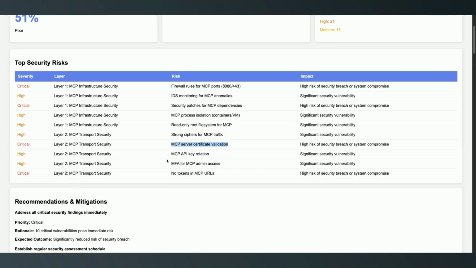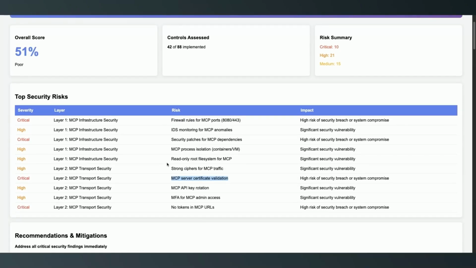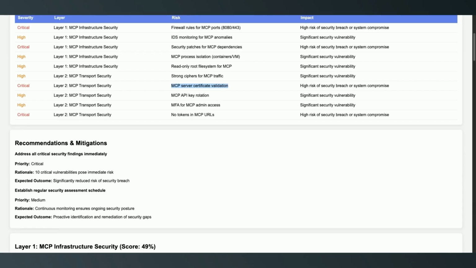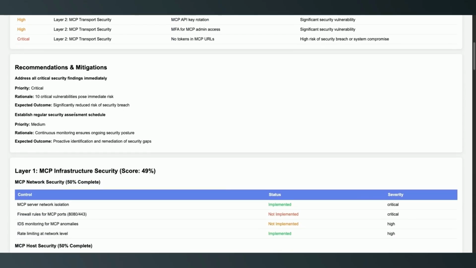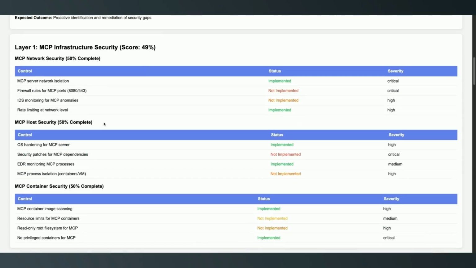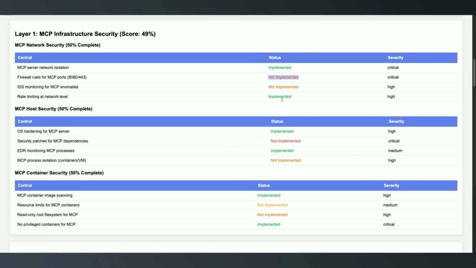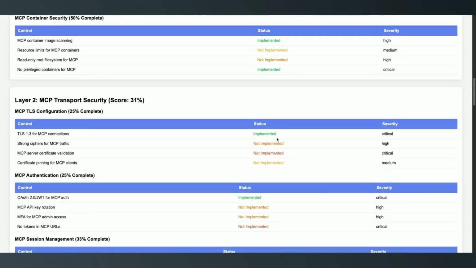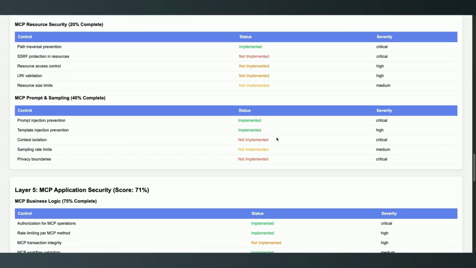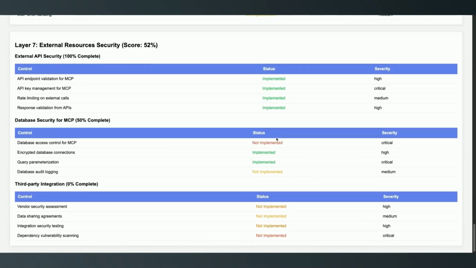There are scenarios where you need not do server certificate validation or mTLS kind of implementation. Then by default, you can tick the checkbox for that checklist item, and you have some recommendations and mitigations, and on each layer what are the important things that you are missing. I'm not even covering the low items, only the important things which are essential to keep your MCP secure enough,